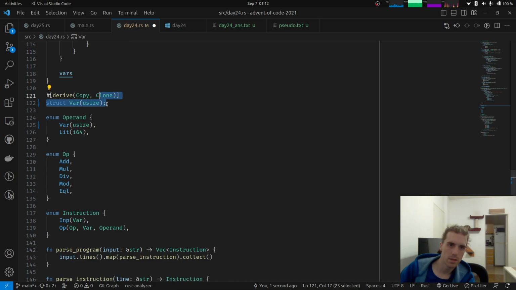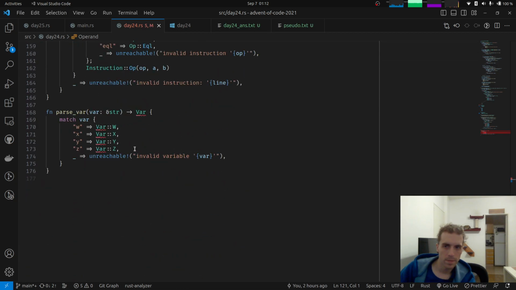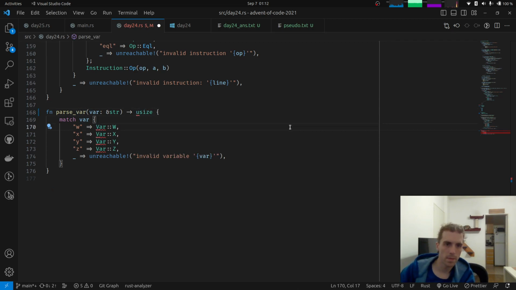Yeah, why not? So basically this has the index of the variable, and that's it. So now this thing, parse variable, will return an index. And it will just return this,